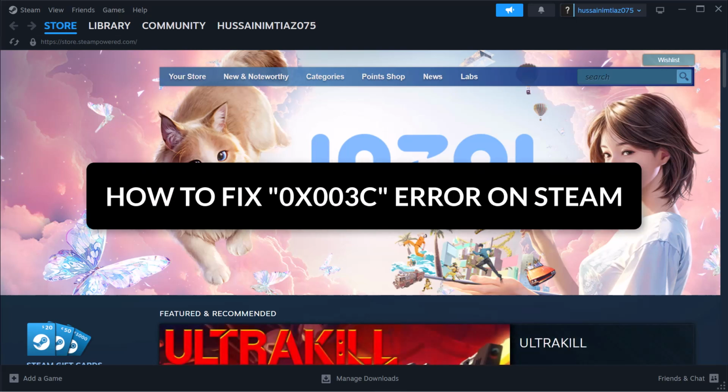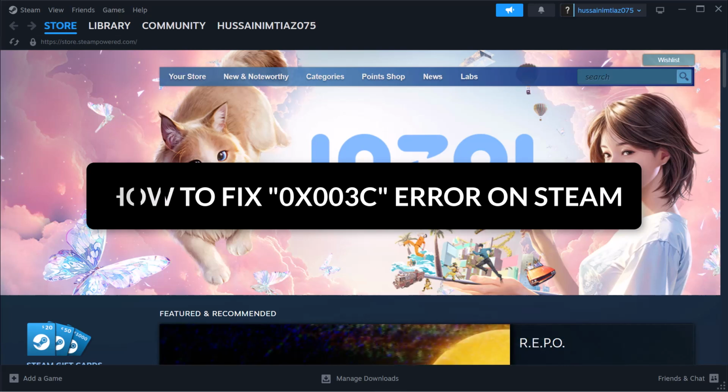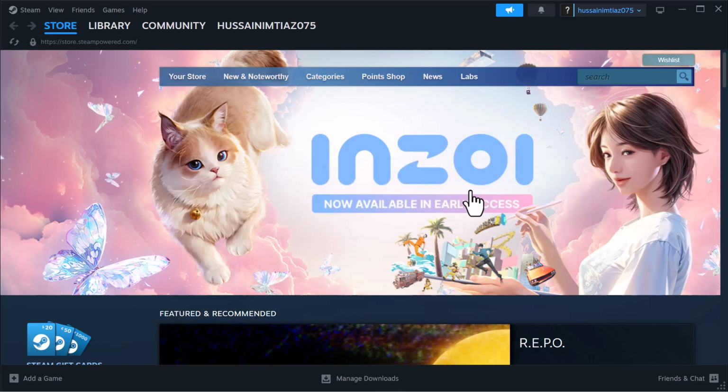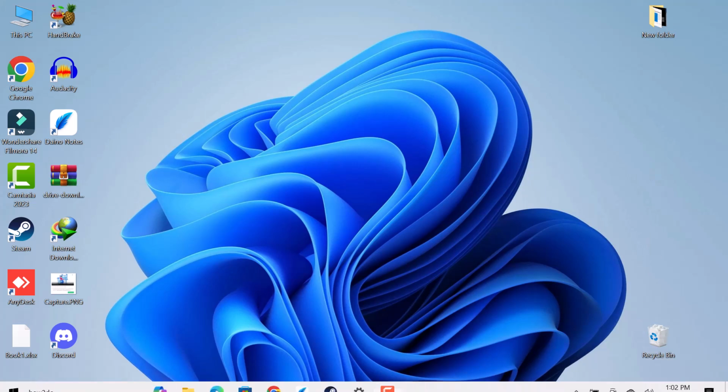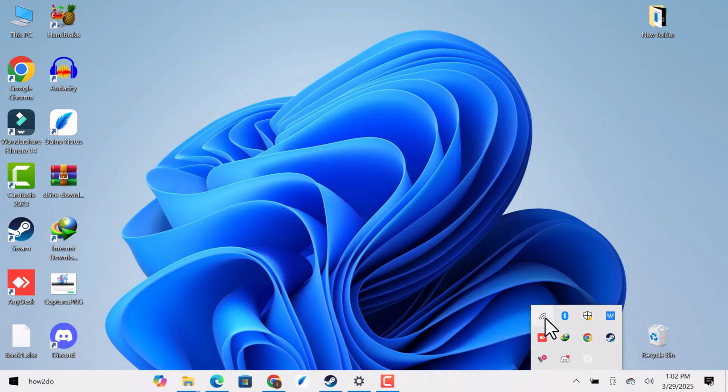How to fix the 0x003C error on Steam. This error on Steam indicates a required internet connection when you believe you are already connected. Try these troubleshooting steps. First of all, make sure your internet connection is working properly or connected to a stable